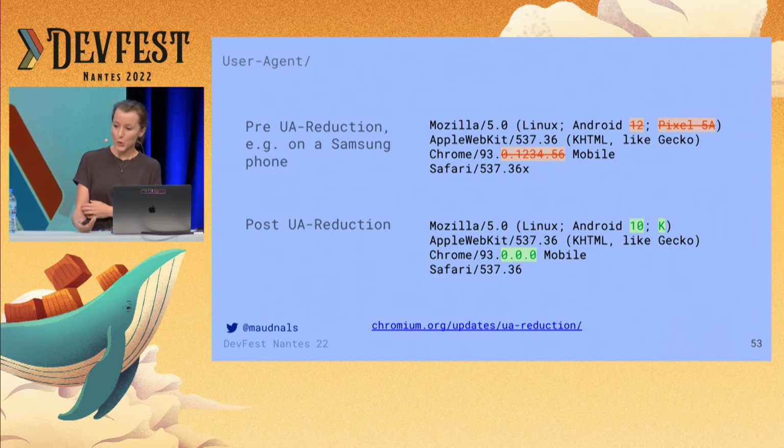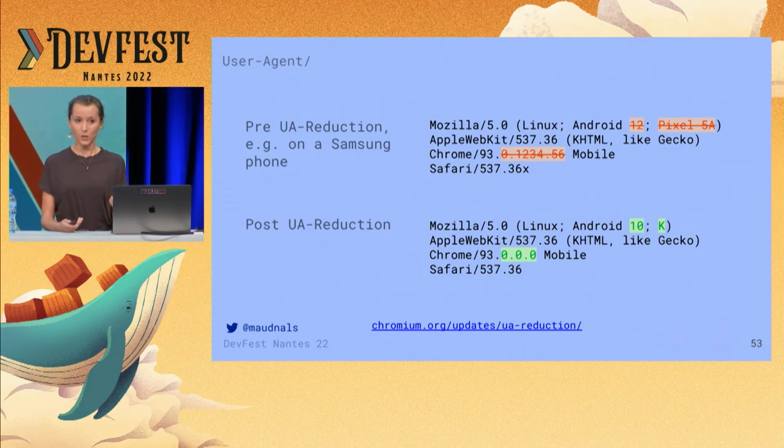So the first one is the platform version number. After the gradual reduction, it's going to be 10, like always 10. It's not just for the example on that slide. The second bit is the device model here. Before the user agent reduction, it was Pixel 5a, so the exact name of the device model, which is also mine, and it is going to be changed to that letter K, so that's a little less informative.